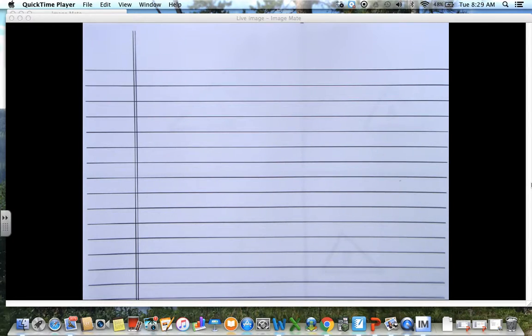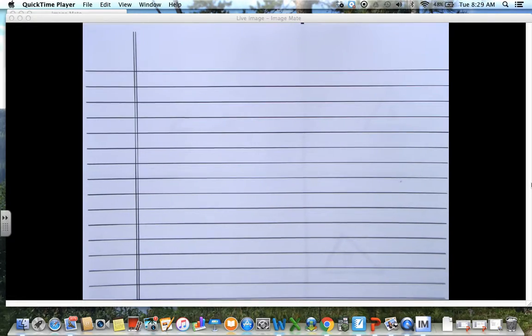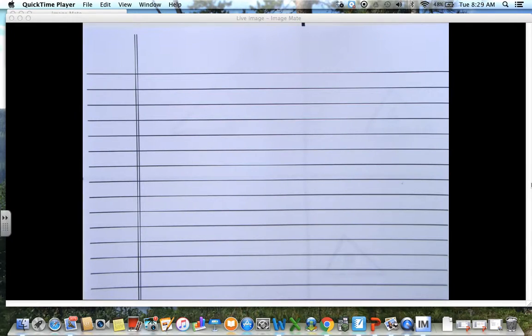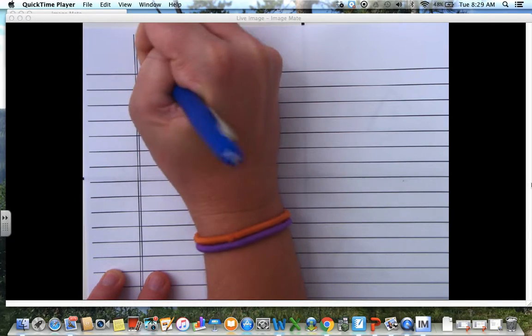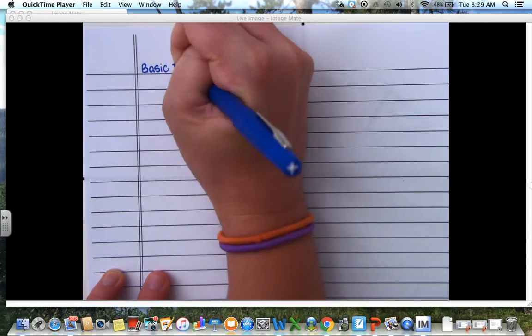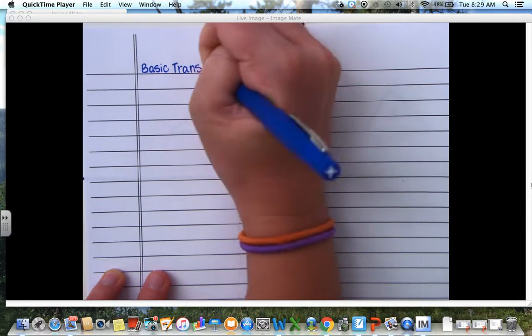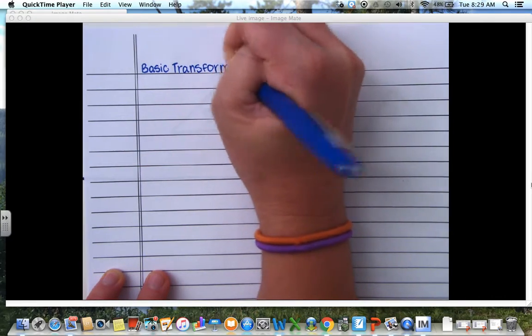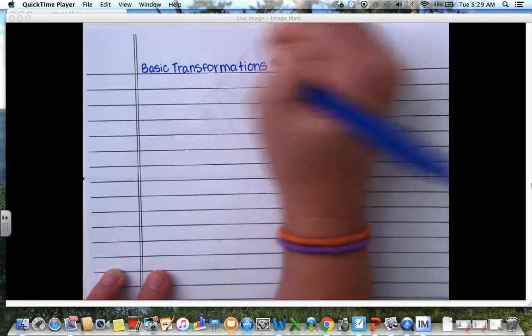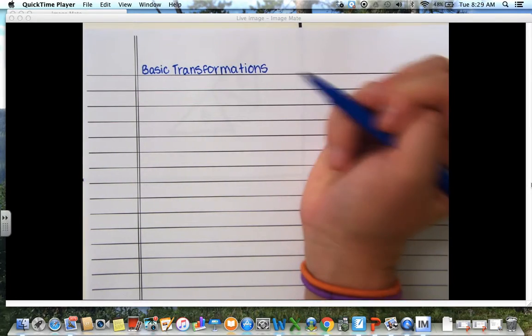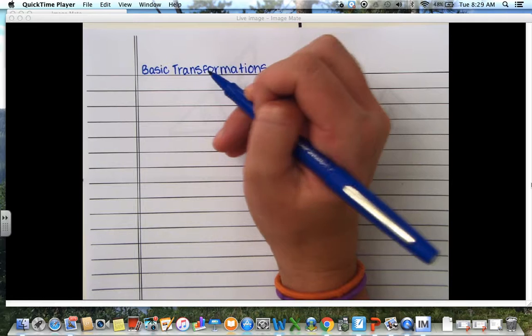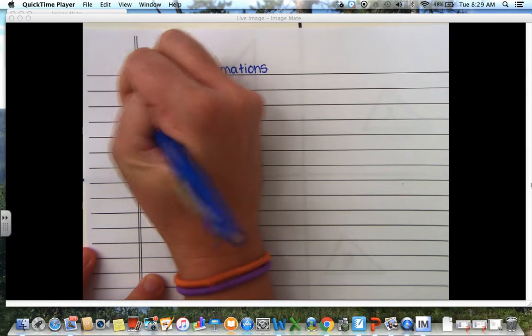So set up your notes, and the title for your notes today is going to be Basic Transformations. Okay? So the first thing that we should probably define, right, and this is a vocab heavy unit, is transformation. A transformation